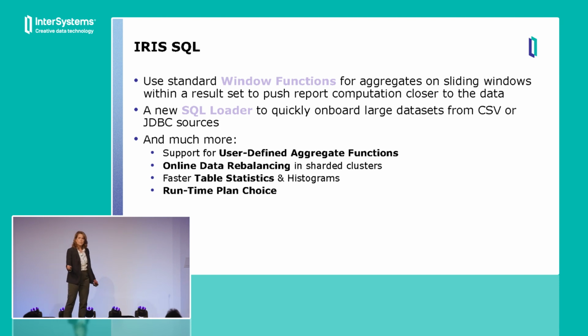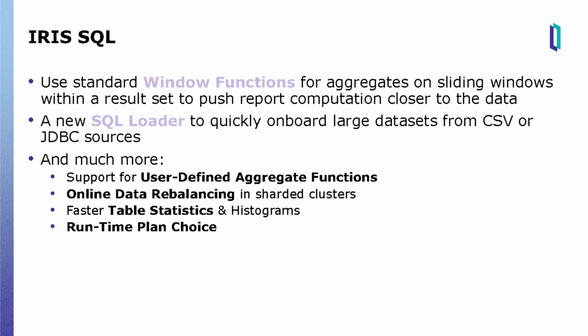But just to give you a little bit of information about what we've been working on, we've added window functions, which allows you to bring in aggregate data as well as other data inside the same SQL statement. So this, doing things like a maximum value or an average value included there. Now this would be something that previously would have had to be done inside the BI tool, or would have been done with a series of SQL statements. So by bringing that all together, we bring that calculation much closer to the data and therefore can do things